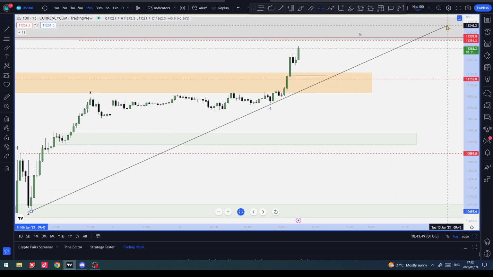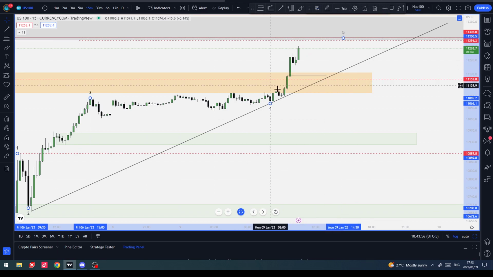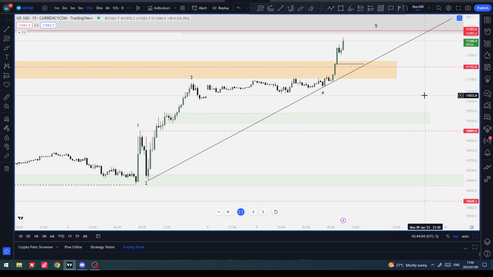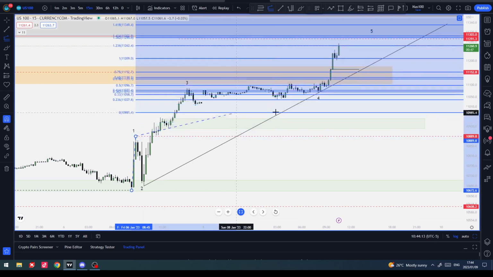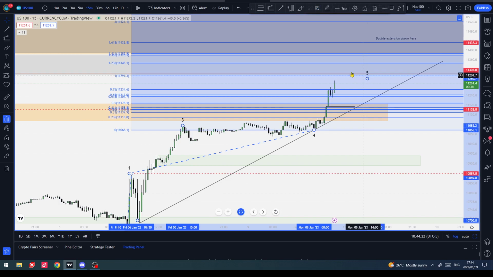Right. So if we put it to the end of where we think wave 4 is, that means wave 5, we'll set the target for it now. Price shouldn't break this 2-4 trend line unless this impulse is complete. Now, wave 5 target, if that was wave 4 that ended there, was a simple length of wave 1 projected from wave 4. 100% extension gives us 11,291.30. So that's where I would like to see wave 5 come to.